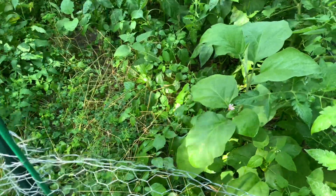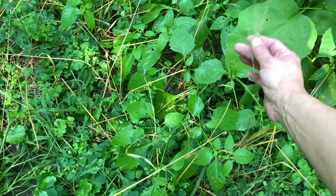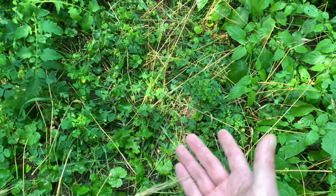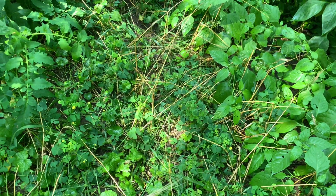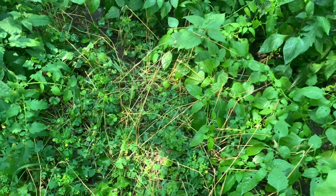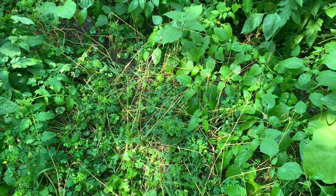But if we go down to the other garden beds here, the smaller extra garden bed is doing pretty well still. All of the wheat has been broken over from some really high winds we've had through here from storms, but they all still have the seed heads. They probably won't be bouncing back because they did break over. It looks like it's pretty much at harvest stage because they're so brittle. So I'm gonna let this all dry out, and then we'll probably grab the seed heads that look like they're still okay, and at least collect some of it and try and replant it maybe next